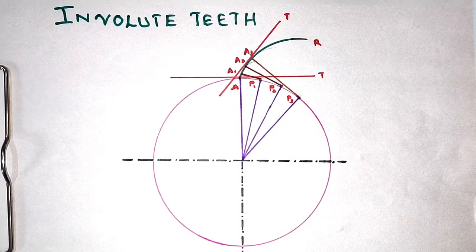When we have two gears meshed with involute teeth, the pitch point will always trace a straight line. Your gear tooth profile is designed using the involute method, and when the gears are in action the pitch traces a straight path. You can click on the link in the description to see the animation of how the gear with involute teeth functions. So this is about the involute teeth. Next we shall see what cycloidal teeth are.